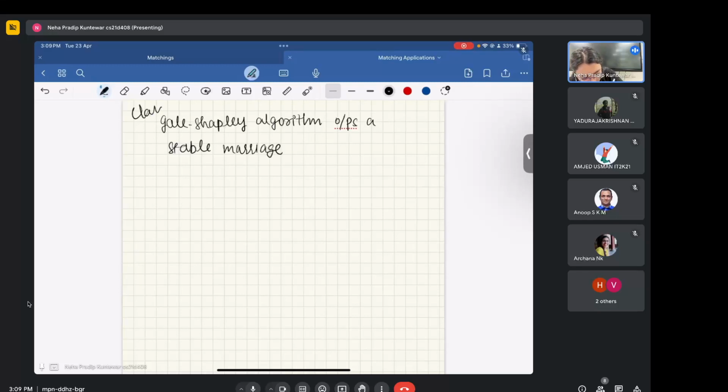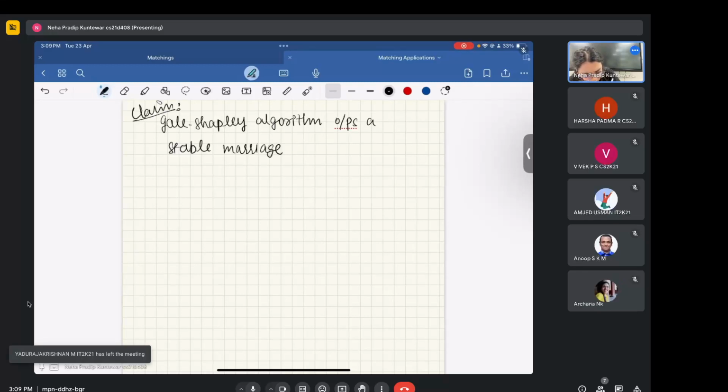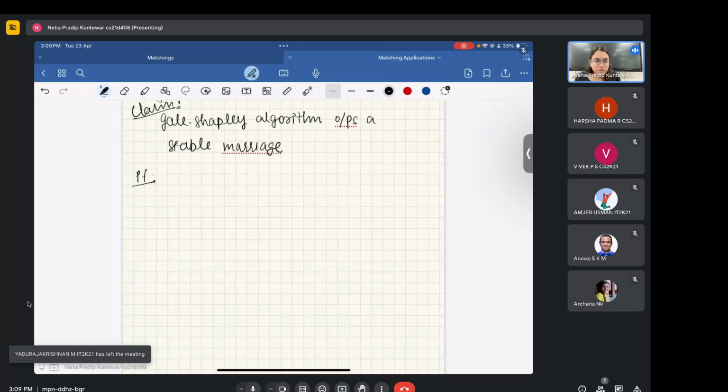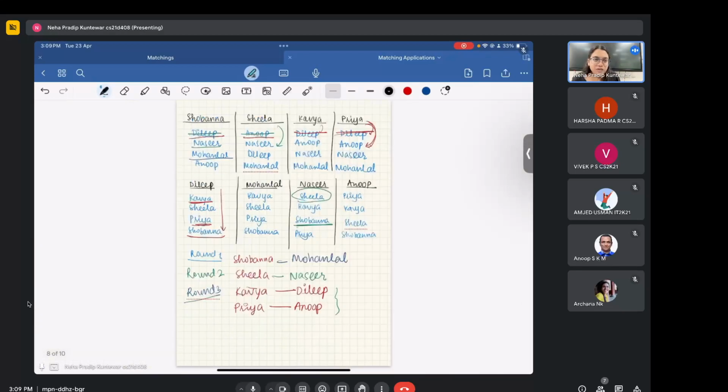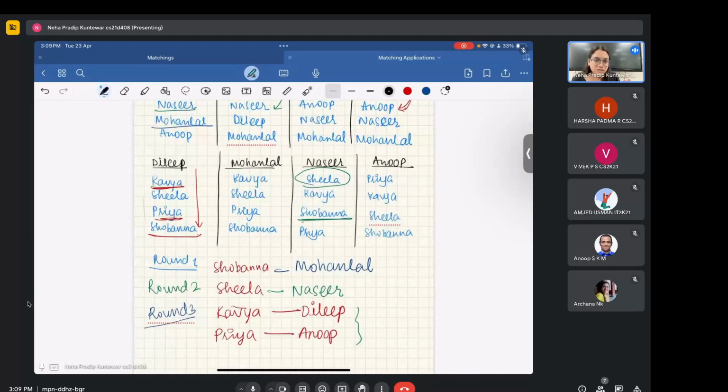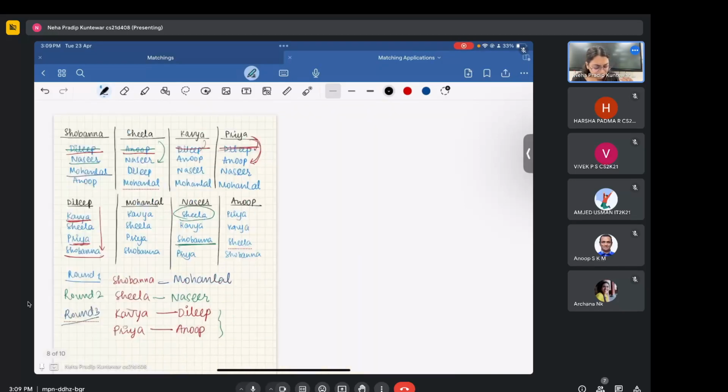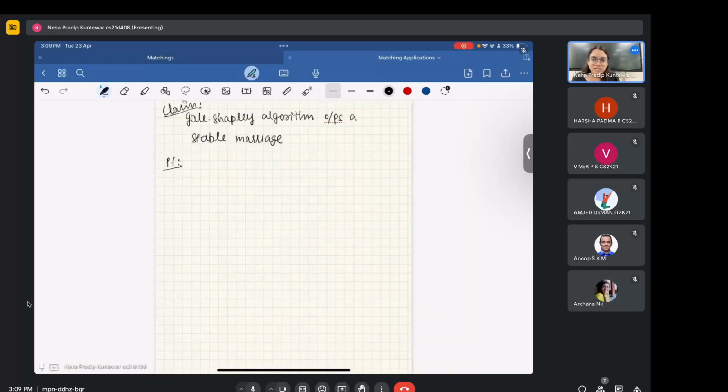So this is the claim, and the proof of this is very simple to state, but it's kind of not very intuitive. Let's see if it makes sense for you in one go, it's fine. But even if not, it's okay. I just want to say that this is a different kind of algorithmic strategy. It's different from what you might have seen earlier, and the proof of it is also simple, but